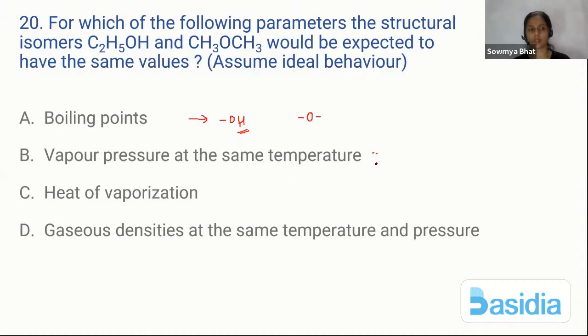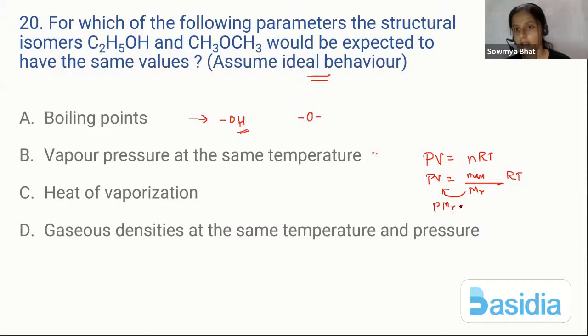We are left with the last option, gaseous densities. We know that they have mentioned the ideal behavior. So when you see gaseous density, we have to go for the gaseous phase where PV is equal to nRT, which is the ideal gas equation. And we know that the number of moles is equal to mass over molar weight. That's PV equals m over MW times RT. If you are going to rearrange this equation,